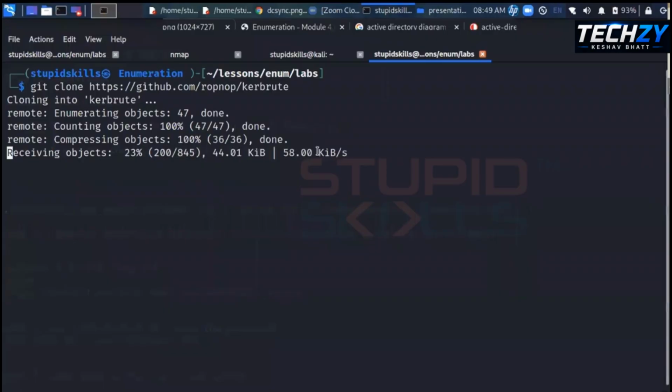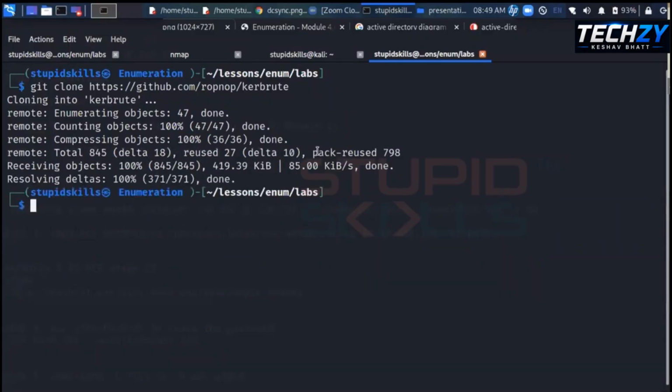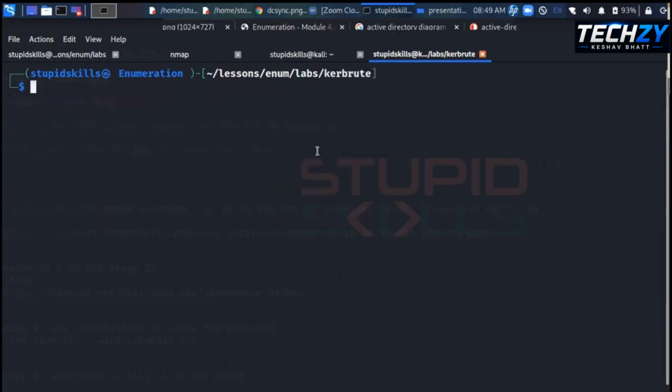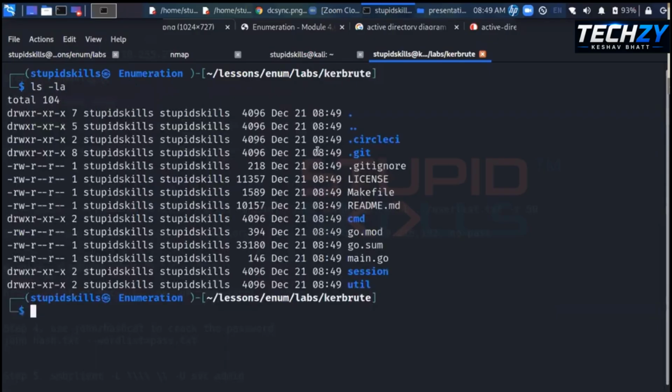So you need to use git clone, and you need to specify the URL of the repository. It will create a copy on the local machine, and then you can change into that directory. And I'm just listing those files. If you see, right now there will not be any binaries here for your target operating system. So what you need to do is